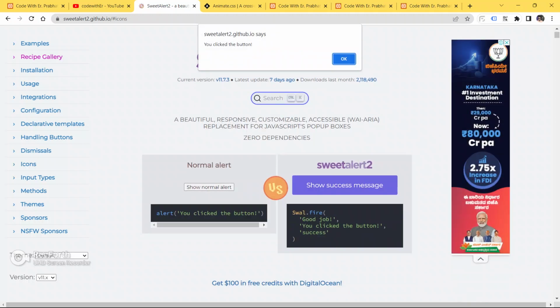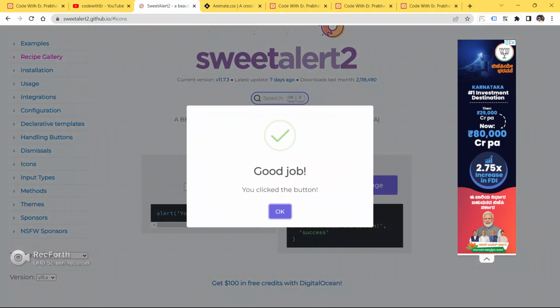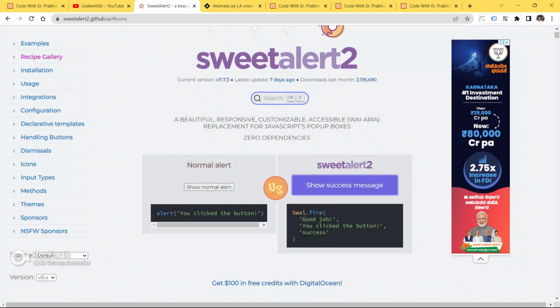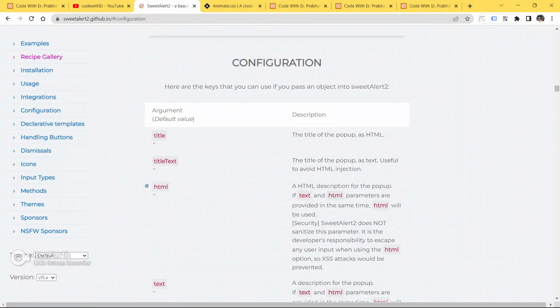Just go here, explore the API, and please, I would recommend you guys, don't use this normal alert in your project anymore. Start using this SweetAlert 2 in your project. It is fully functional and fully dynamic, and it will make your website, your web application more dynamic and more functional and more beautiful as well. This is the beauty of SweetAlert 2. It is fully dynamic and fully functional. You can use this alert anywhere, in any programming language. Like you can use this SweetAlert in PHP also. You are free to use JavaScript, jQuery, Angular, React, Vue. It is usable anywhere.